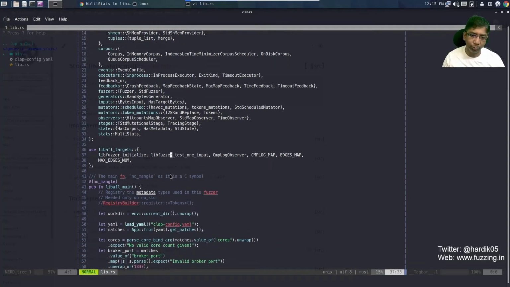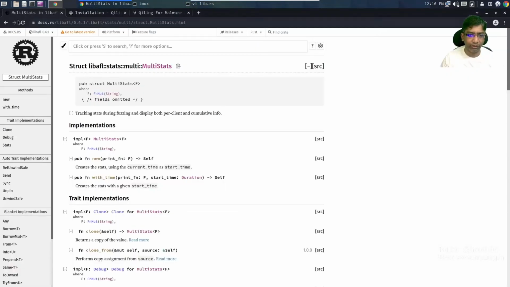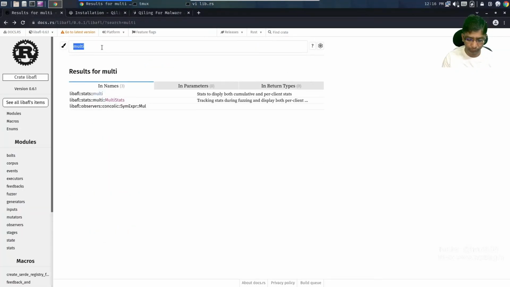Now one more thing you will notice over here is libafl_targets. These are very specific to libfuzzer based harness. When you want to fuzz a libfuzzer based harness, you can use this. Let us search for libafl_targets and see what we get over here.